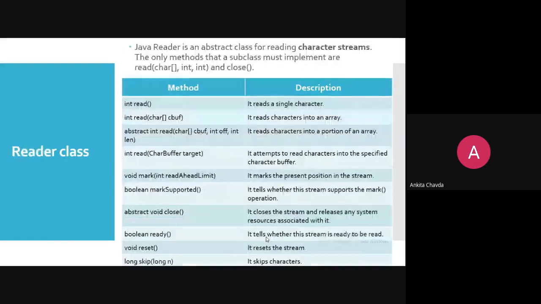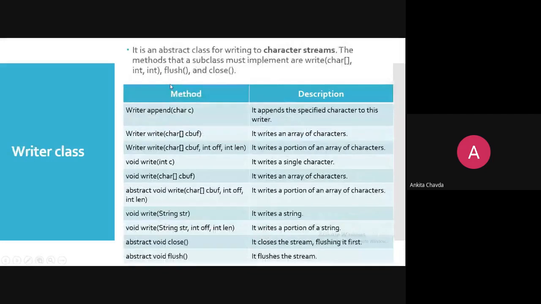Because we are having a number of classes. It is an abstract class for writing to character streams. This is the most important, and this is for the character streams. And the methods that a subclass must implement are write, with a character array, an integer offset and an integer length, then flush, then close, such kind of methods. These are the abstract methods.